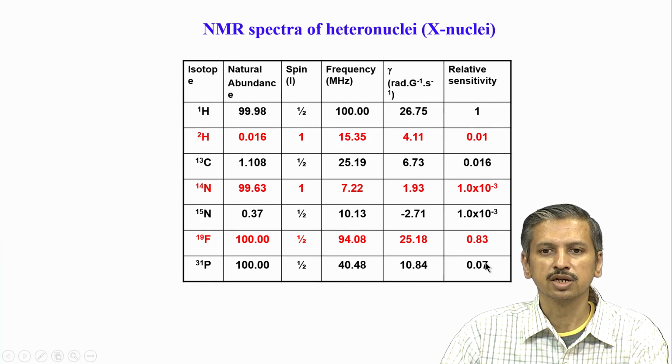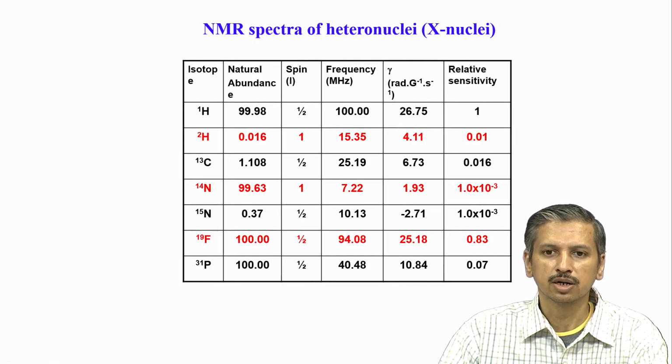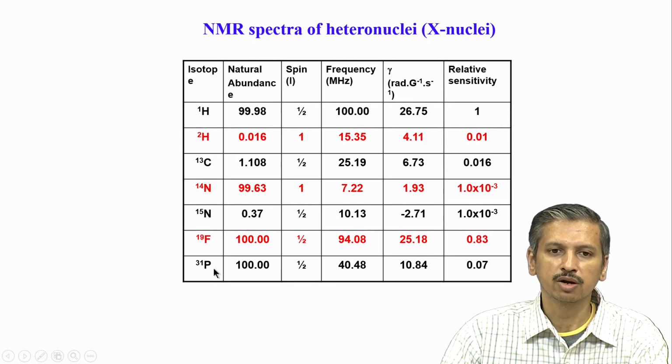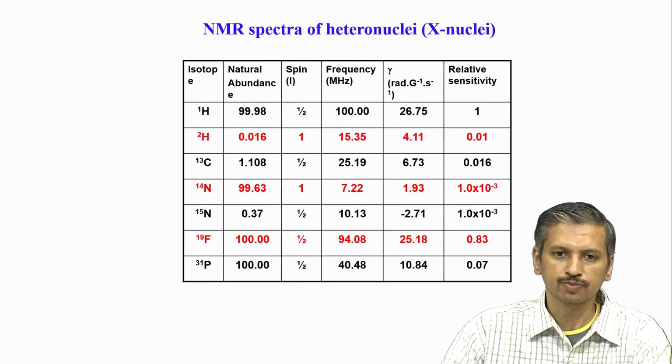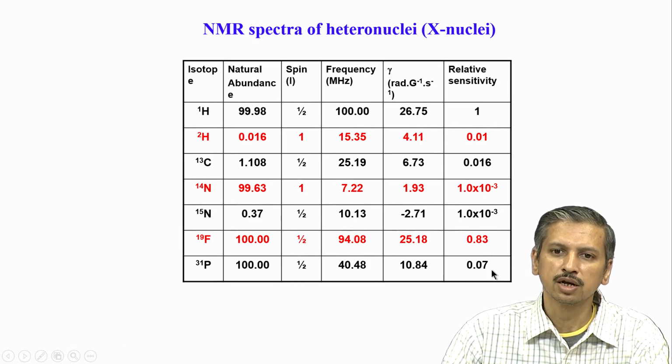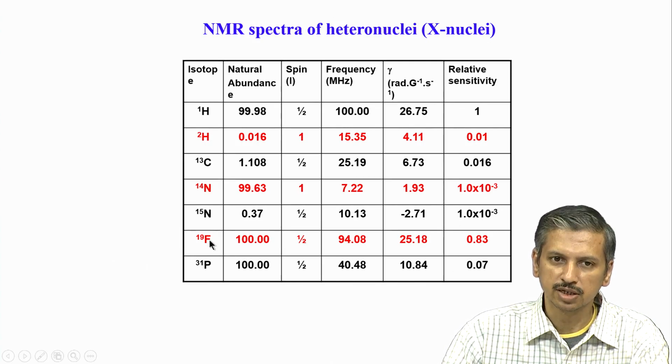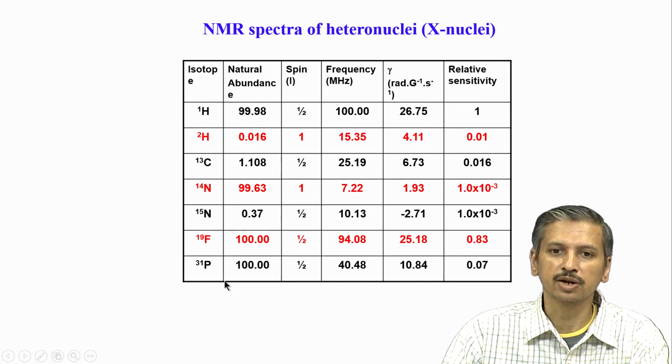But the problem with phosphorus, there are several other issues. One thing is it has a very high chemical shift anisotropy, in short called CSA, and we will not go into the theoretical aspects of CSA, but that actually results in very broad lines. So, you get faster relaxation. Typically, phosphorus we do not do beyond a 400 or 500 megahertz spectrometer, because CSA scales with the square of the magnetic field. Because of the squaring factor it rises very fast, and the factor contributes to the relaxation of phosphorus, and similarly with fluorine, it contributes rapidly when you increase the magnetic field. So, therefore, one has to take that factor into account.